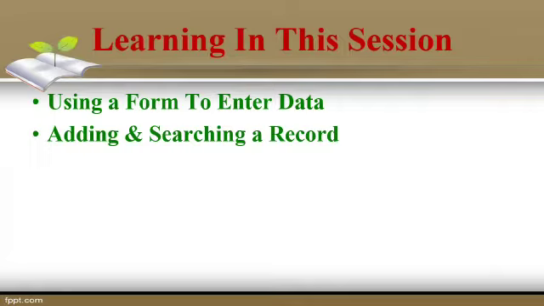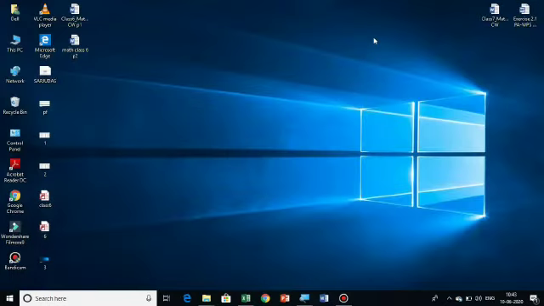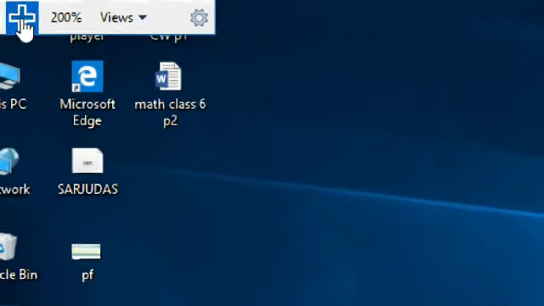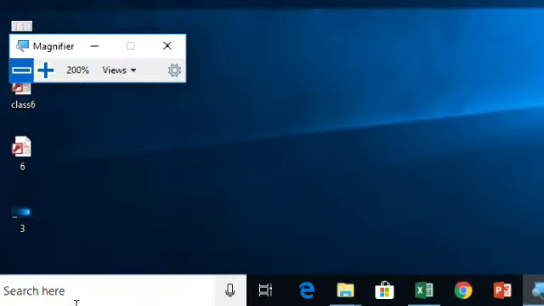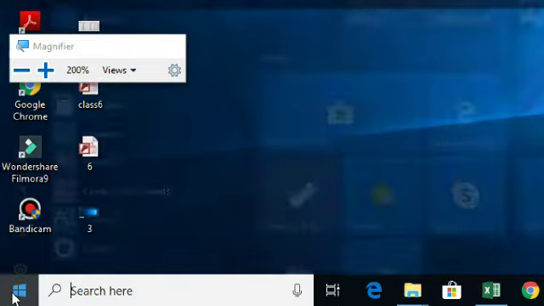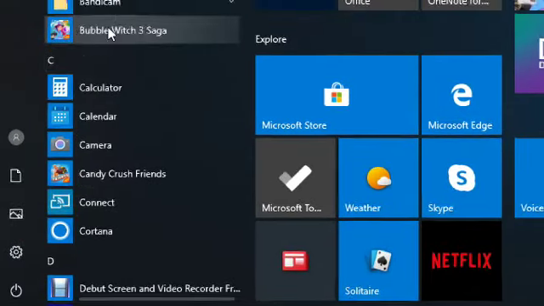Okay, so we know that this is a practical chapter, and I am explaining practically, so you have to concentrate on my screen, on my pointer, and whatever I am speaking. Okay, so let's start. First of all we have to open Microsoft Excel. You can open Microsoft Excel in two ways. First is by clicking on the start button and searching for Excel.